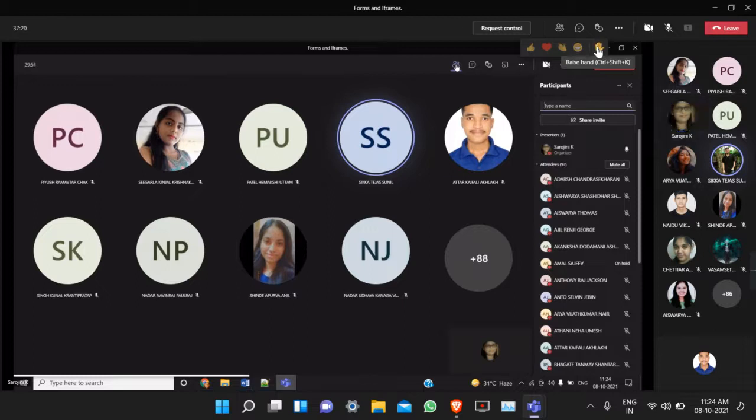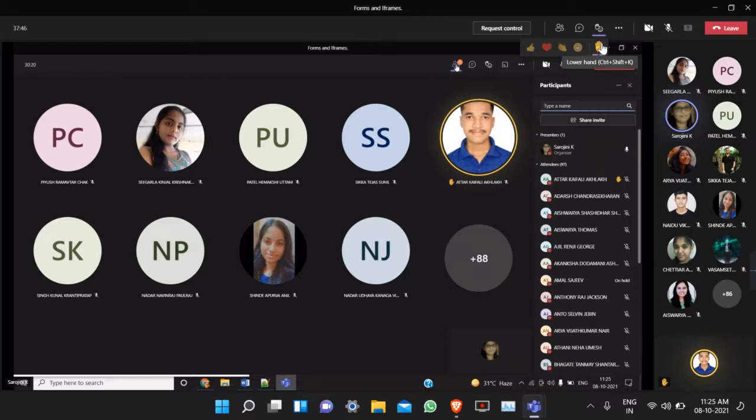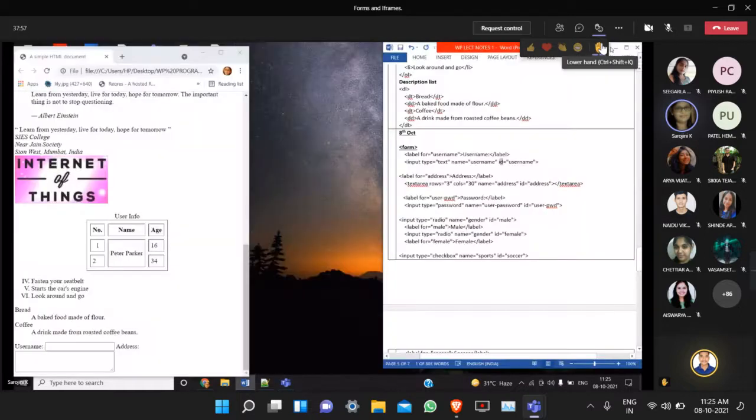Yes, ma'am, I am there. Okay, Tejas, why do we have to use the ID attribute here? To assign a unique ID. This is what your Google will say. I am asking from my explanation. That is generic. The ID attribute is used to uniquely identify the element, which you might have seen from Google. Now I'm asking why the ID attribute is mandatory here. Why do you have to use the ID attribute here?